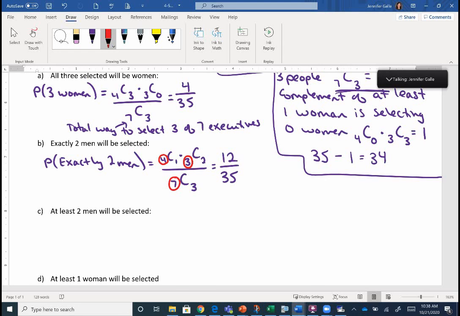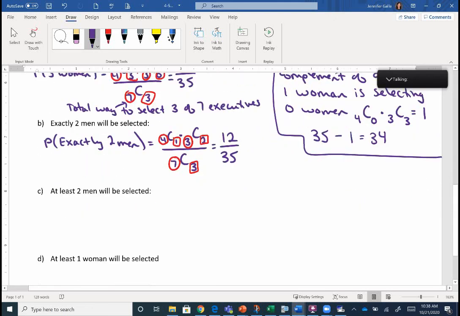If you add together those 2 r values, you should get the r value in your denominator. That's how you know everything is accounted for. That would be a reason why I would keep this 3C0 in there, even though I know it equals 1. 4 plus 3 gives me 7. And then 3 plus 0 gives me that 3. So that's a little way you can check. All right, with our at least 2 men,